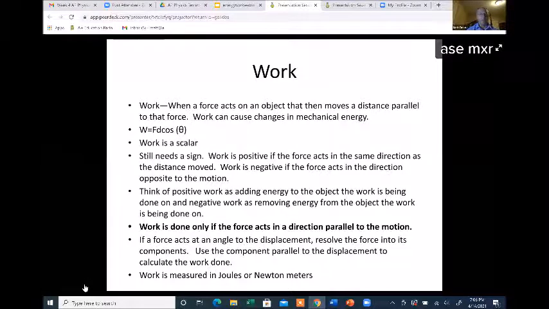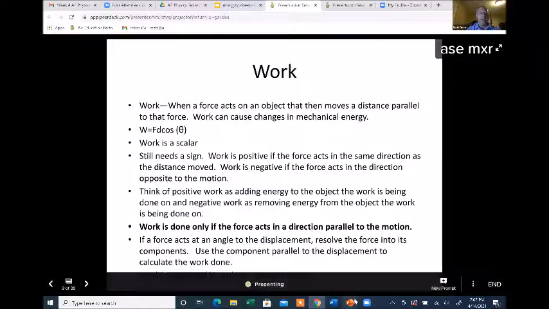And notice in bold, work is only done if the force acts parallel to the direction of the motion. So you might have a force that's applied at an angle. And we're going to work some problems like this in a minute. So if you want to calculate the work, you could use W equals F D cosine theta. And I'm going to go to the PowerPoint screen now. So if you'll go back to your Zoom screen with me,